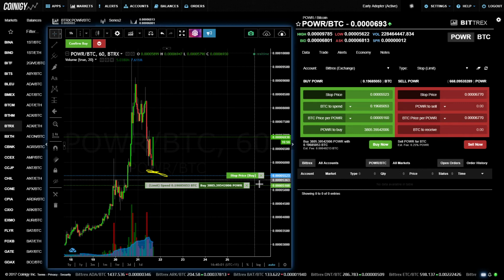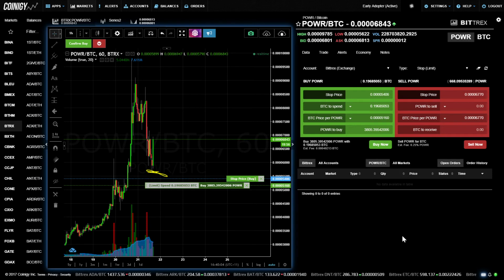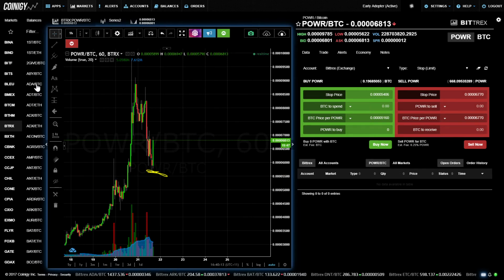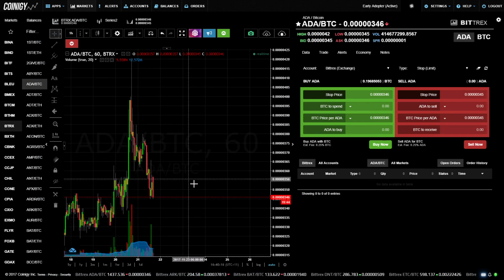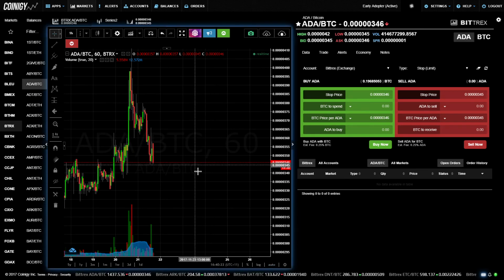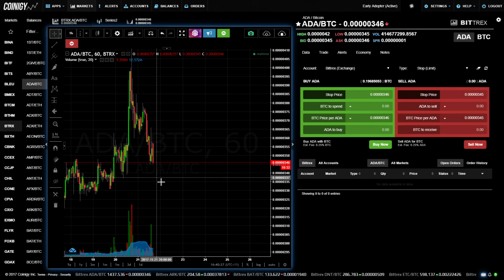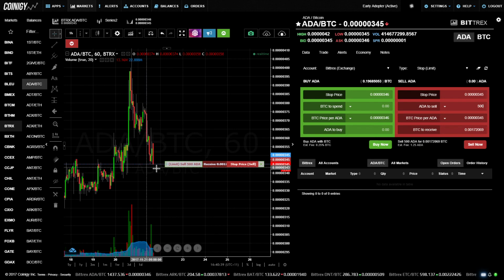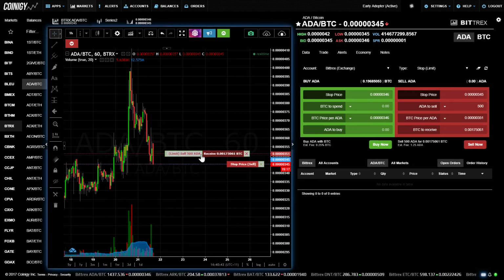The one other thing that you can do is you can actually set an order when there's no balance at all. So looking at something I don't have a position in, so ADA for example, I have 0 ADA available. I could set a series of buy orders on the way down here, for example, and then set sell orders to sell out at whatever price. So here I'm going to sell 500 ADA. I'm going to sell them up here somewhere,